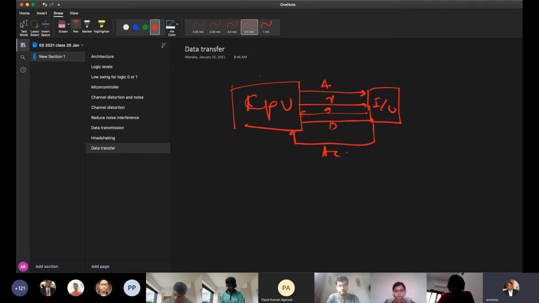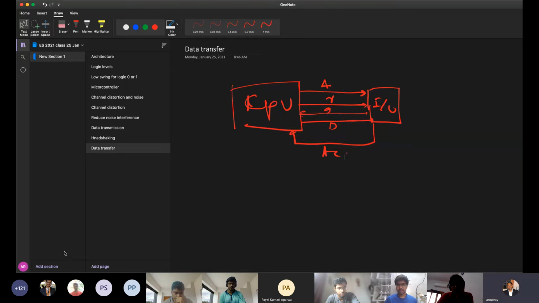But suppose the CPU is the initiator to send the data. But suppose an IO device wants to send the data, how will it do it? It doesn't have the capability of addressing. The IO device is connected to the CPU. It wants to send the data to the CPU when it is ready. How will it do it? Bhepula Kushulu. Yes, sir.